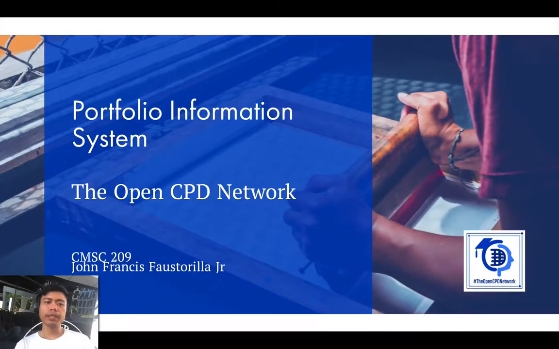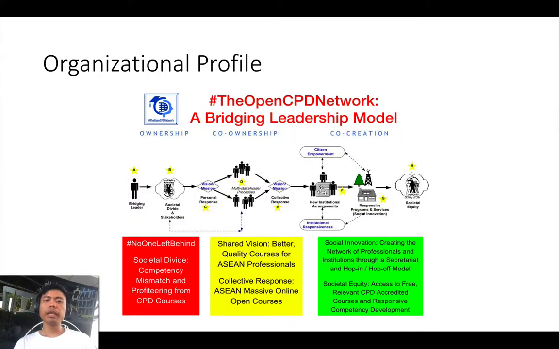Hi everyone, I'll be presenting now the Portfolio Information System for the OpenCPD network, which is my final project for CMSC 209. So the organizational profile revolves around the creation of the OpenCPD network, which is emanating from the bridging